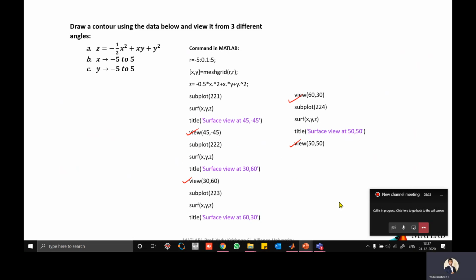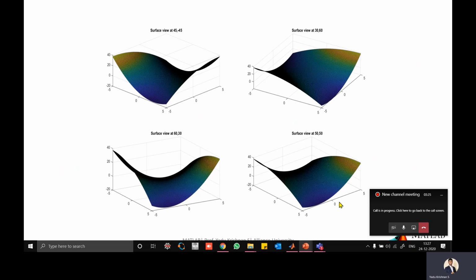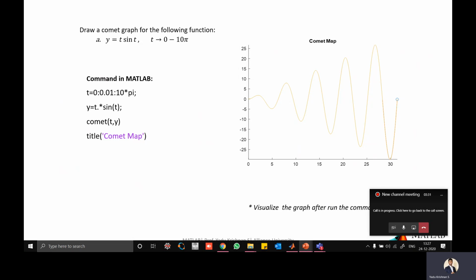Next is a different type of graph, a little animated version, called a comet graph. So what is a comet graph? The comet function will help you see how a point is starting and moving.